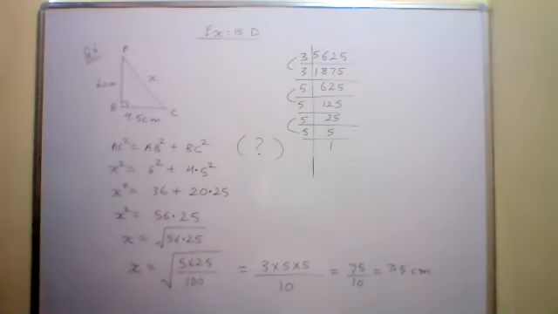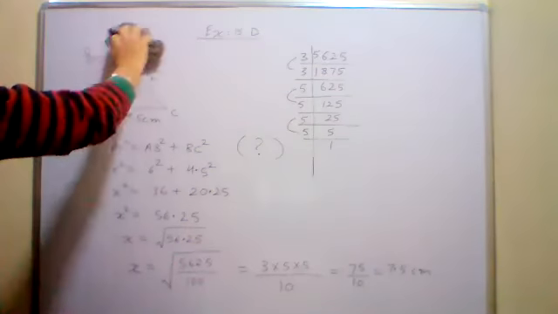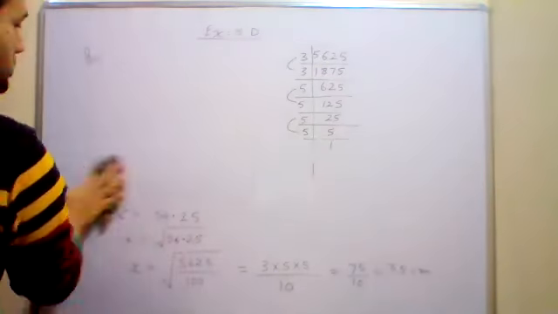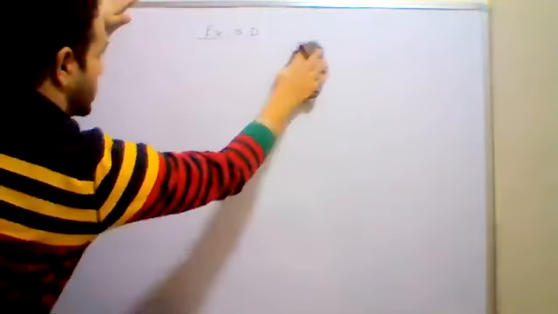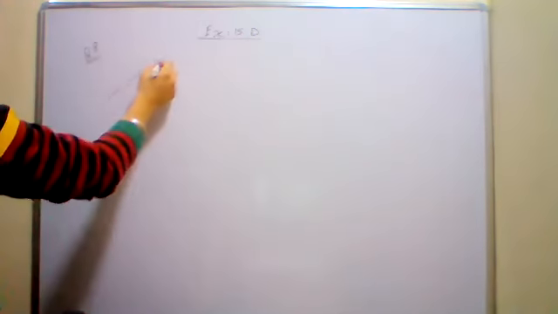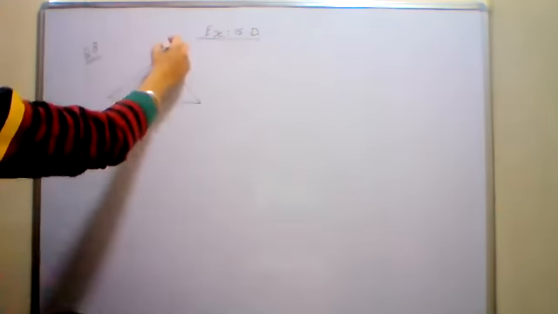Okay. Question 8. It is an MCQ. Let's do it in the book only. Question number 8. Question 8 में आपको एक figure दिया हुआ है. You have to tell which of the following is correct. Which of the following option is correct? Let me draw the figure. It is to be done in the book. Question 8. The triangle given है where this is ABC.